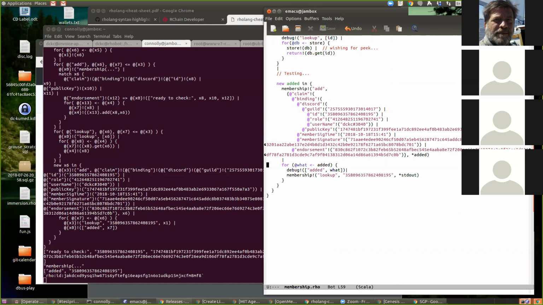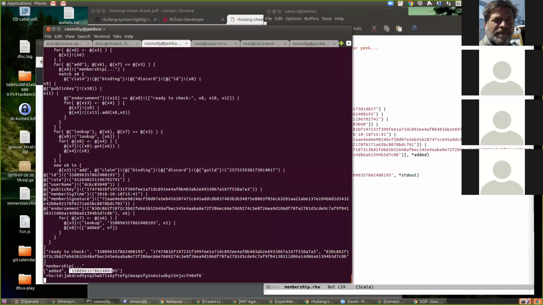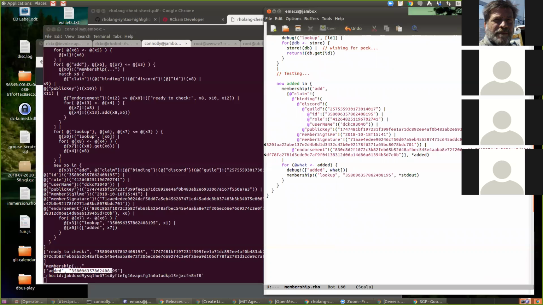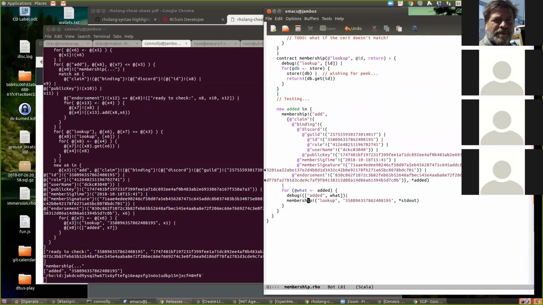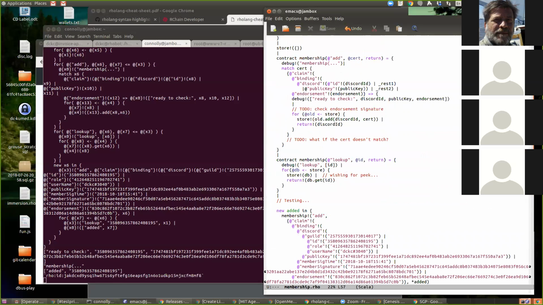Well, we know added because it's right there. I'm pretty sure that process was run as well, but somehow it doesn't. But it doesn't print lookout.